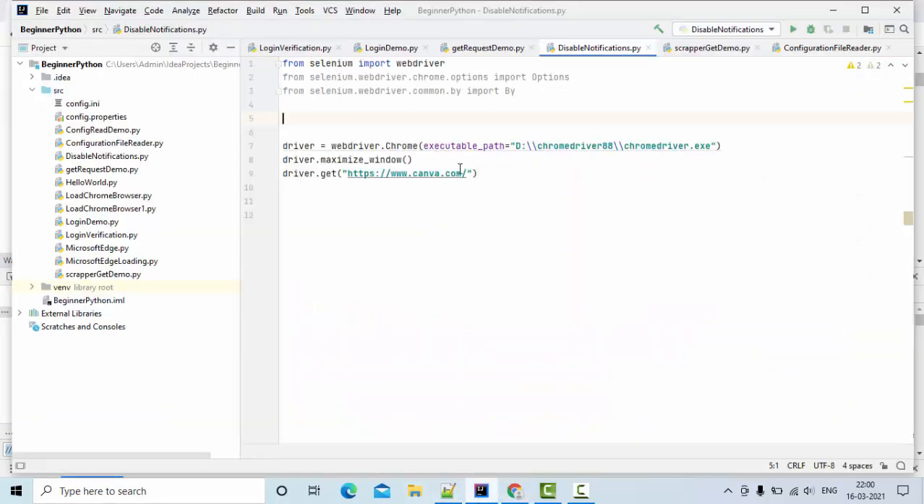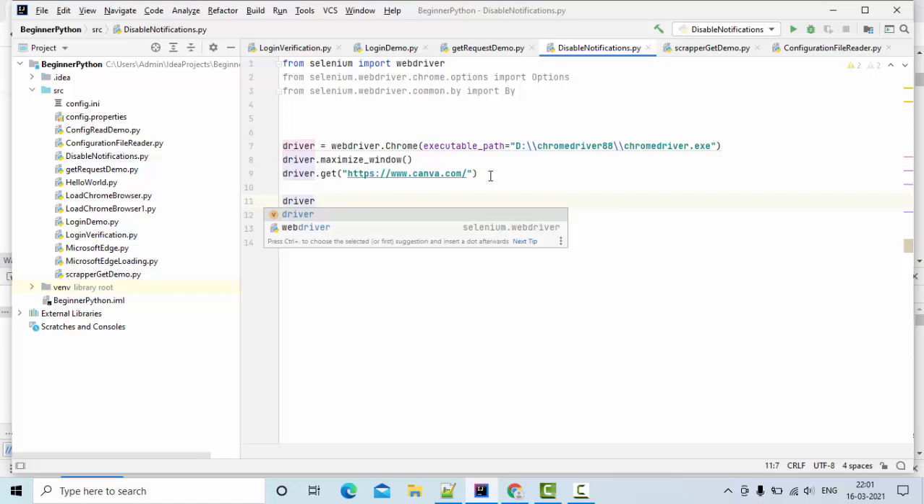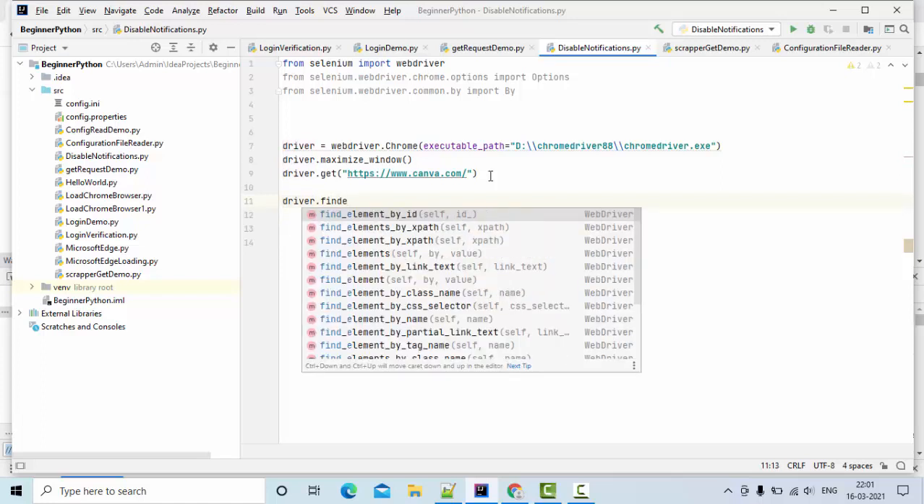So I have one script opened here which is called disable notifications.py, which is actually for a different concept. Here what I did is I have started my Chrome driver, and I have set the Chrome driver executable path, and I have maximized the window and navigated to the web page, right? So here the driver has been initialized. So find